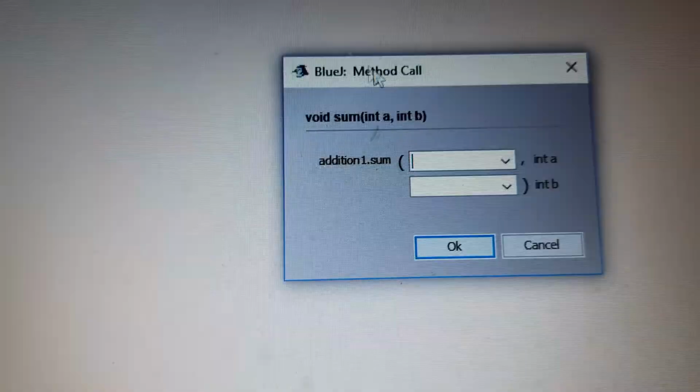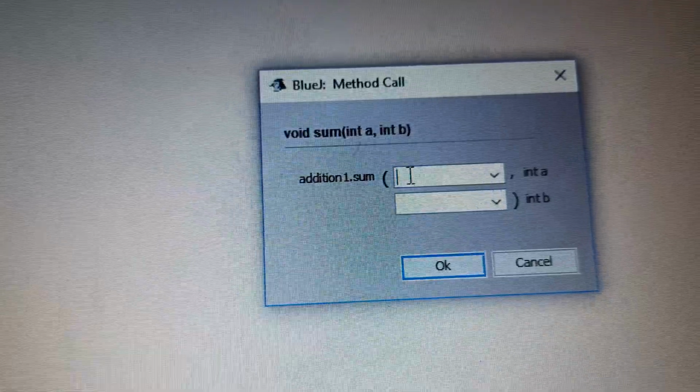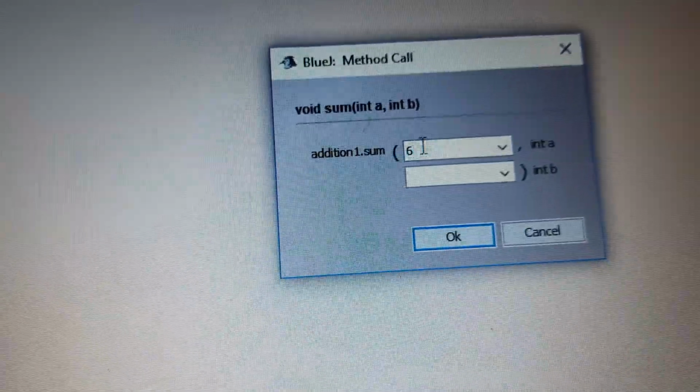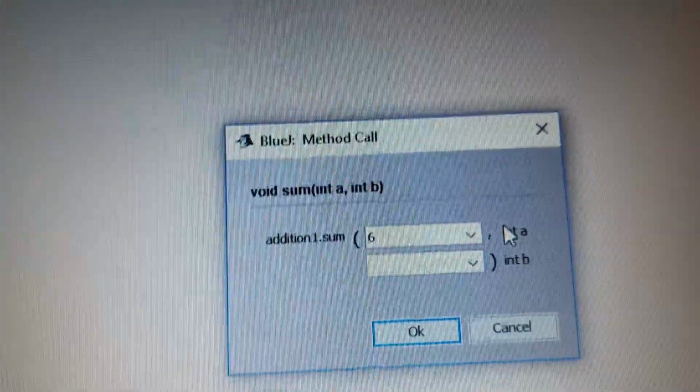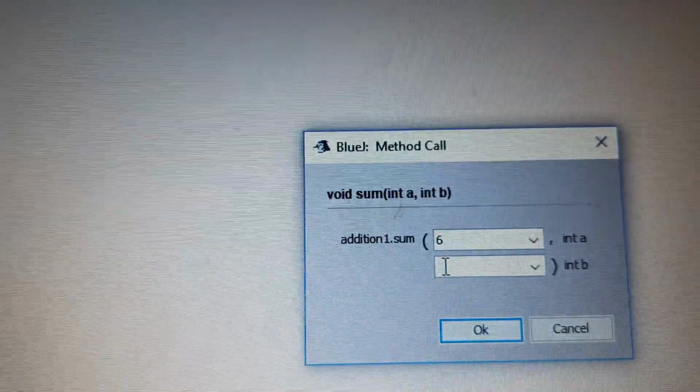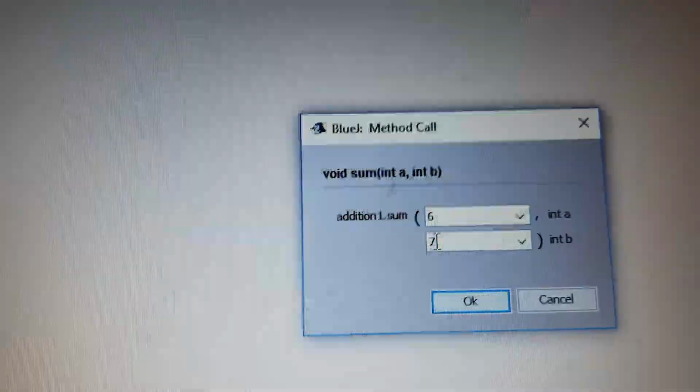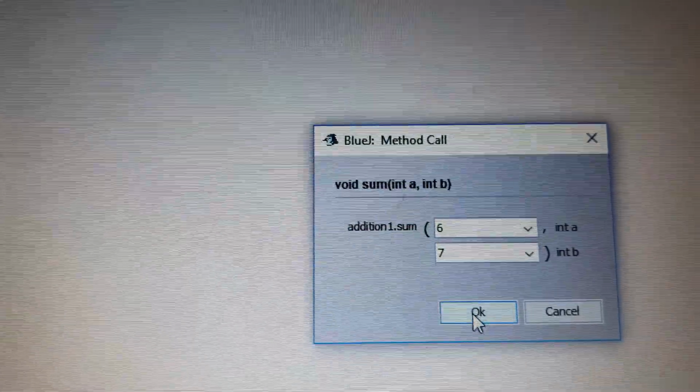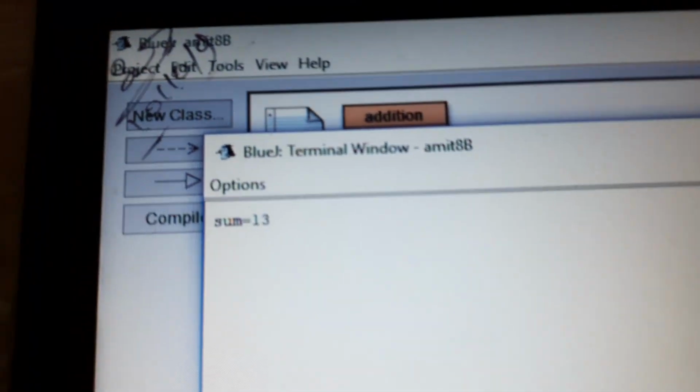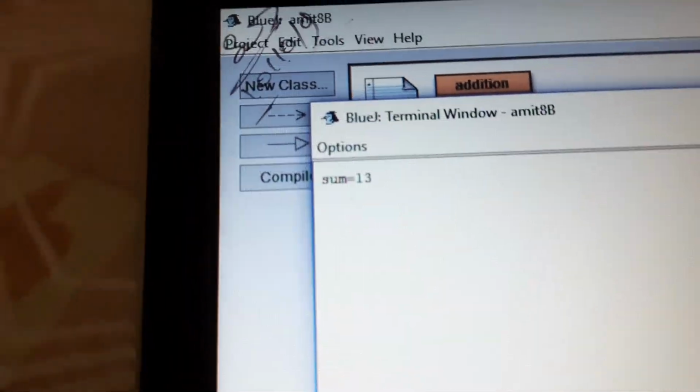It will ask the values of a and b. See, now it is asking. You put the values of a and b. Suppose I am putting 6, and for b, see here, this is int a, this is int b, 7. So what is the addition of 6 and 7? It is 13. You can see it is coming or not. It is coming. See.